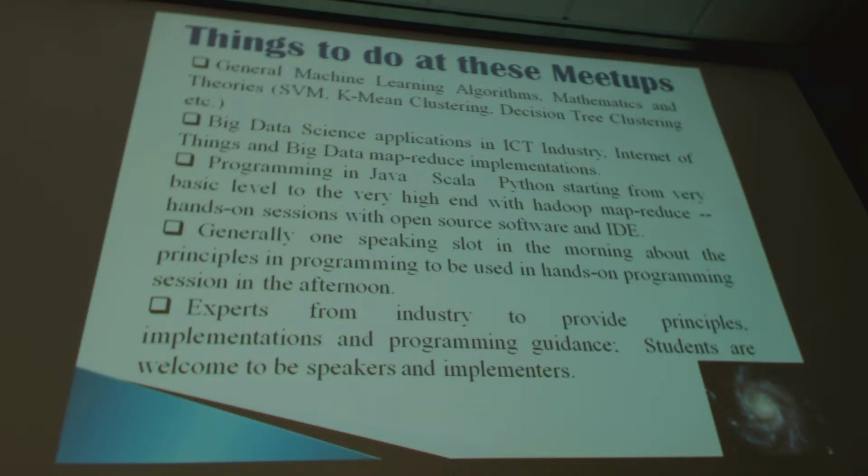And so in this event we will have a one hour talk that will generally be about the overall strategy for a particular machine learning application. Say for example today the stress will be on decision tree learning, and then in the afternoon there will be a connected session where we do some exercises on decision trees. What do they look like? How can we build a nice machine learning app, and so on. But you have to keep in mind that we have all kinds of students here also. So we will talk about some expert level decision tree applications you can explore, or we can start from scratch. Even how to install Eclipse, we may have to do that and then start from there.